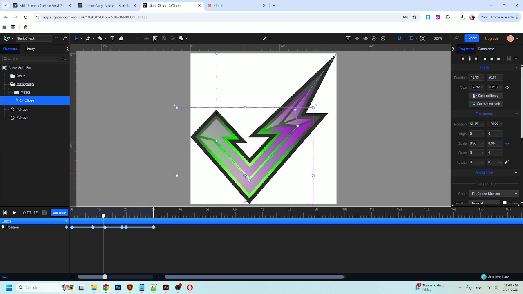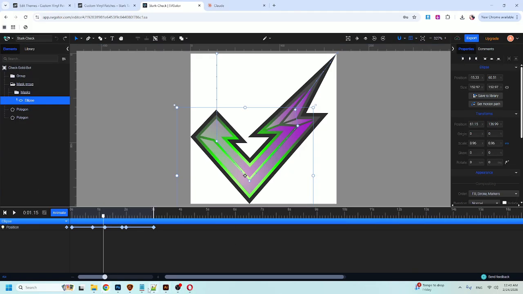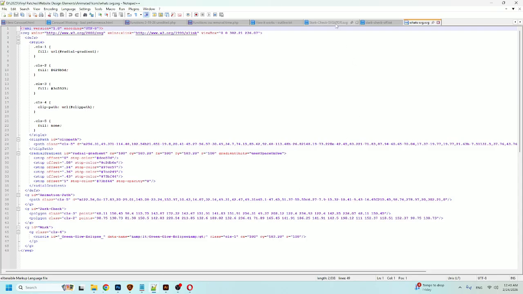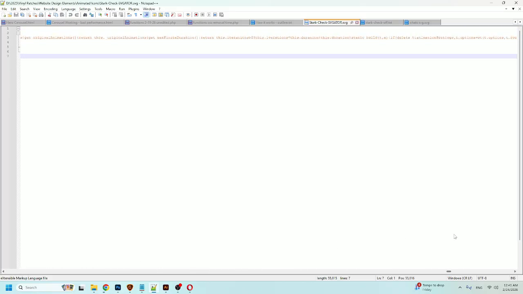So I exported this, and I wanted to put it on my website. Let me show you. This is what it exported. And if you use any sort of drag and drop builder for anything, it creates this crazy monster code. Now this doesn't look crazy, but that's because there's no wrapping on the text. It goes and it goes and it goes, and it's 55,000